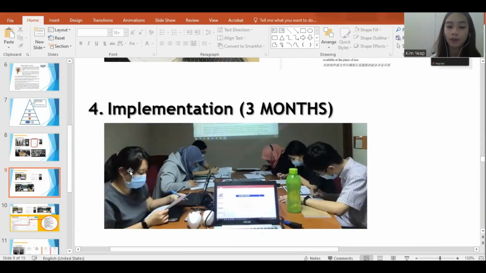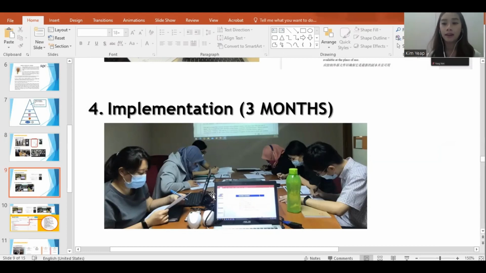Of course this is not how the implementation works, it's not only sitting in the meeting room. No, usually the consultant briefs them about the documents, like how to fill up, how to comply. Implementation, usually we only brief them about it, but the implementation still needs to be done by the client. So during the sales process, we always tell the clients that for you to obtain the certificate, it's not like you pay us the money, we help you do, and you get the cert.